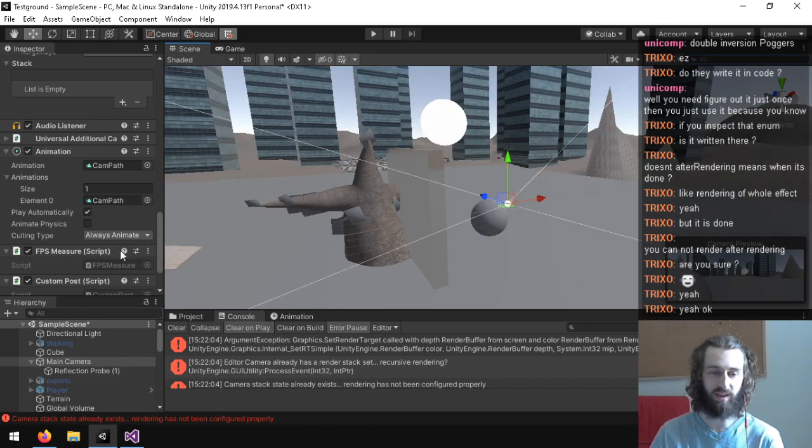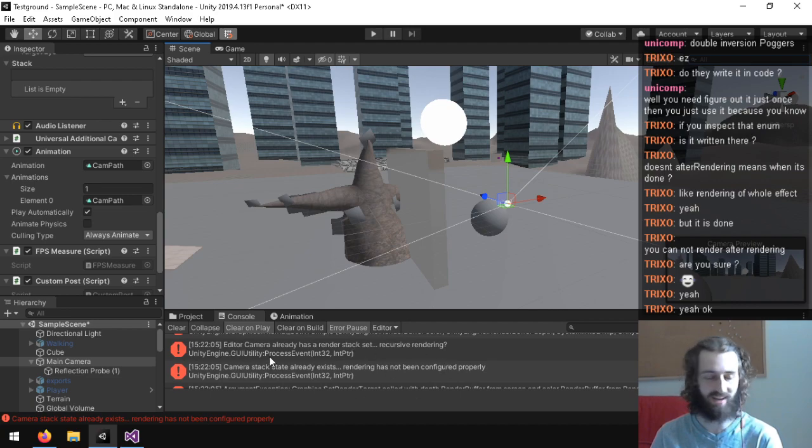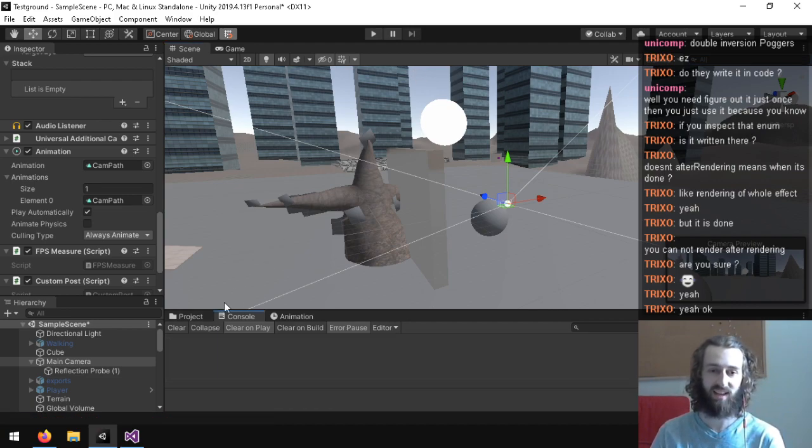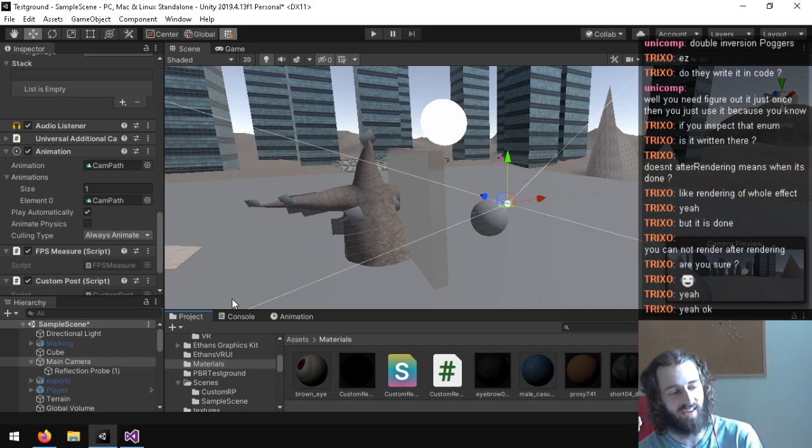So when you click out of the game view, it's rendering all this other GUI, so it doesn't have the correct camera setup. They designed this whole new system for you to make render effects and custom post-processing, and it's actually worse than the old system and less modular, which is just like,